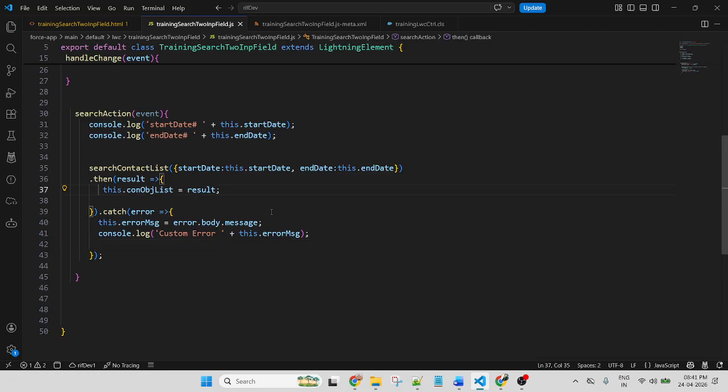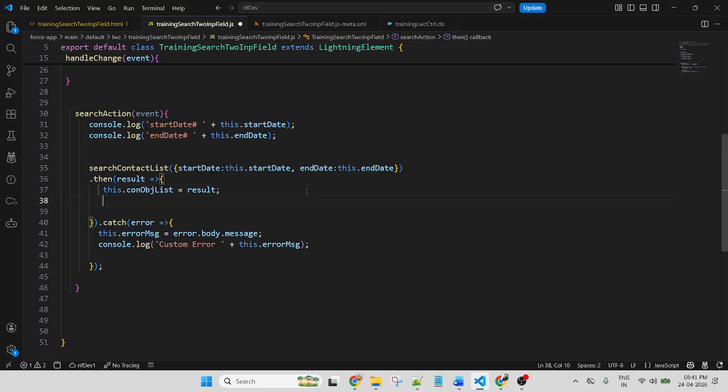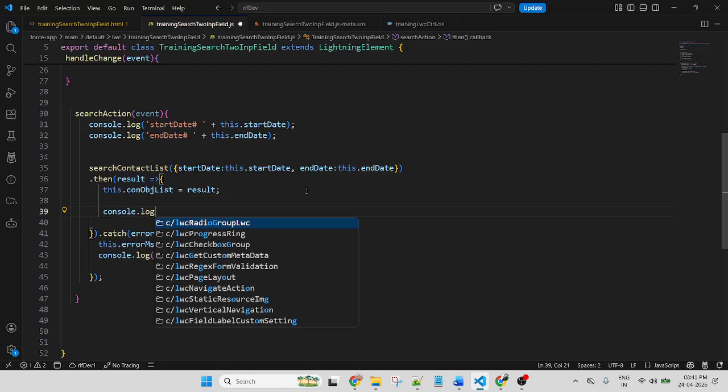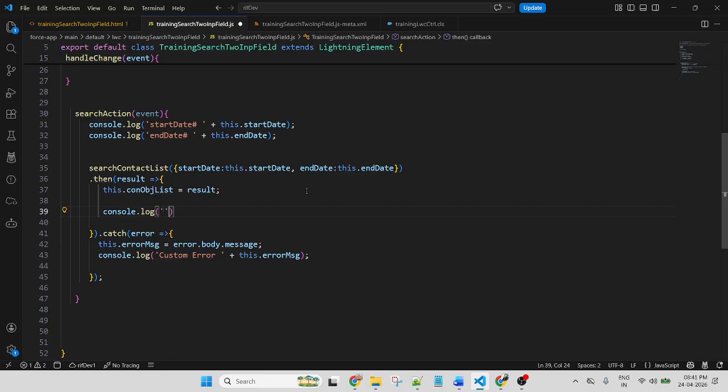Okay, fine. If you want to check the data, if selecting two types of input field, if you want to check the returning data in the console, you can use console.log. This is a console log. Plus you can use this one.